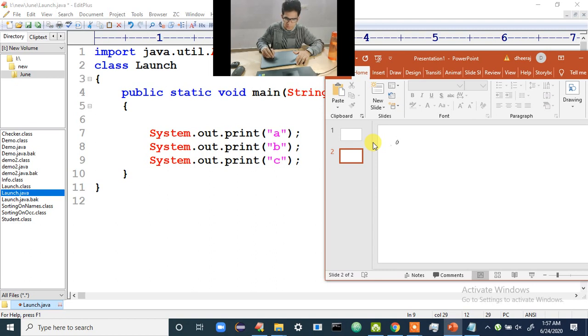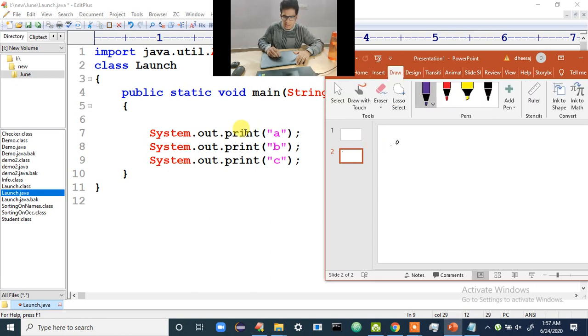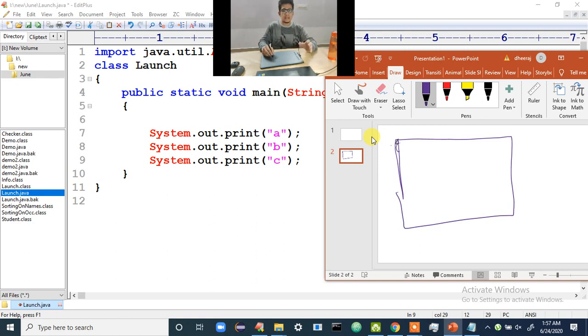When you execute this first line, imagine that this is your screen. In your screen, initially your cursor will be in the top left corner, like how your notebook will be. When you're writing in your notes, are you starting from the right side? No, you are starting from the top left side. So this is that left corner. There your cursor will be blinking, waiting for you to output something.